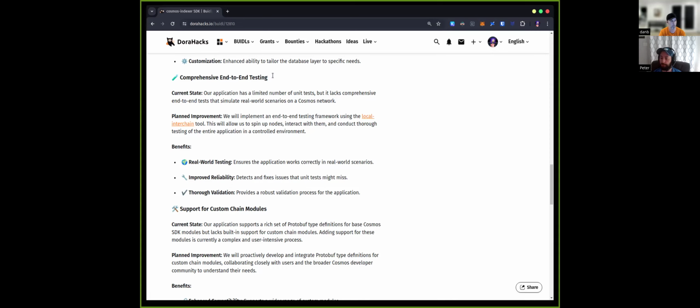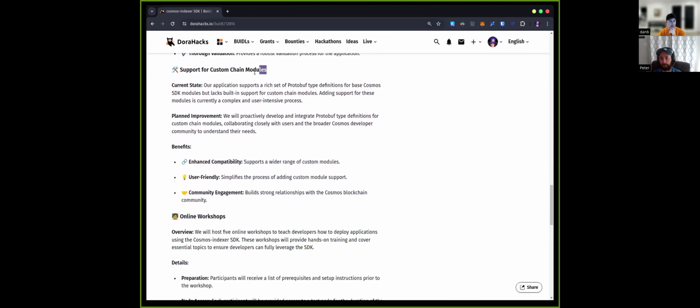Yep, exactly. Okay. And then this third one is really the meat of everything. As many of you guys know, a lot of the Cosmos blockchains out there, they all share some similarities. Like a lot of them allow you to send tokens back and forth. They allow you to do things like staking. But there's also a lot of unique things in every single blockchain, whether it be like the GAMM module in Osmosis that allows doing swaps, whether it be, what are some other good examples? Minting NFTs. So every single blockchain out there has some commonality, which for the most part we support already,